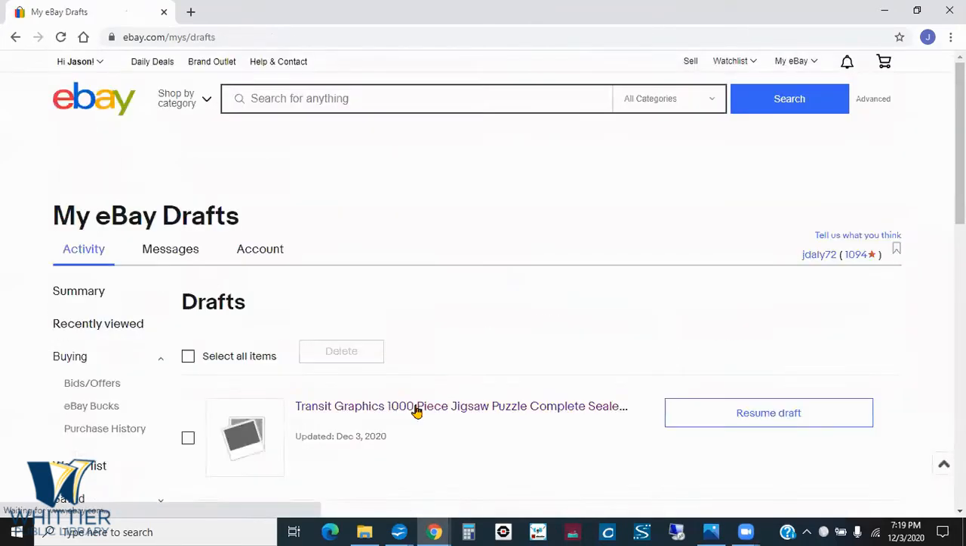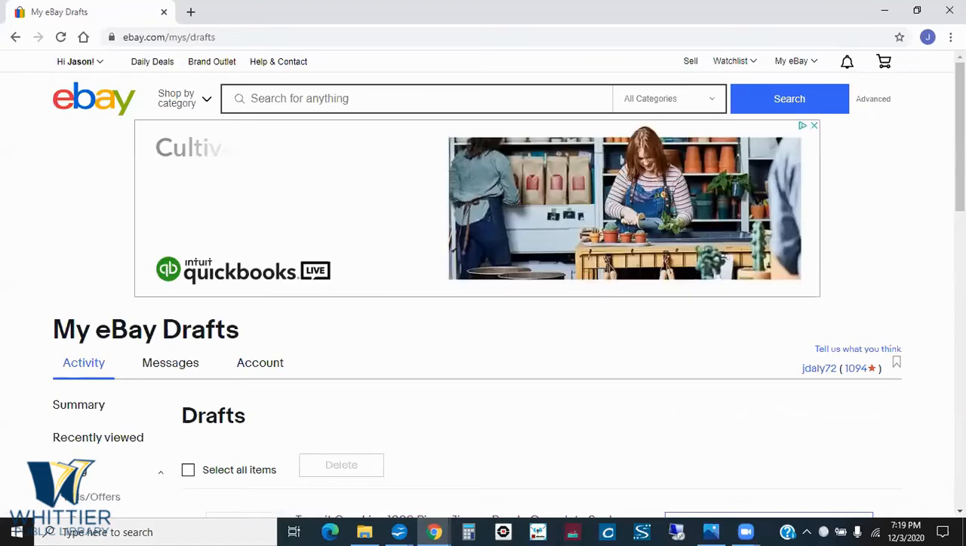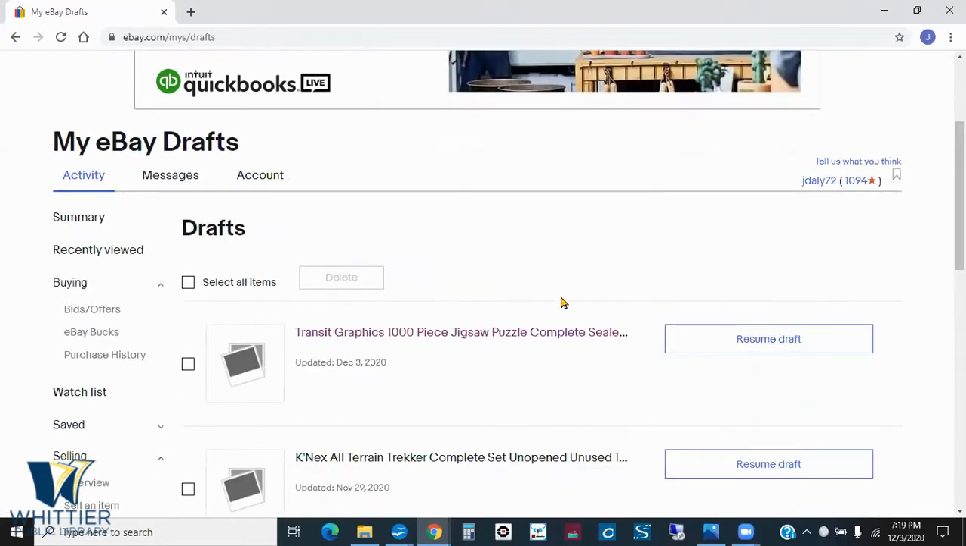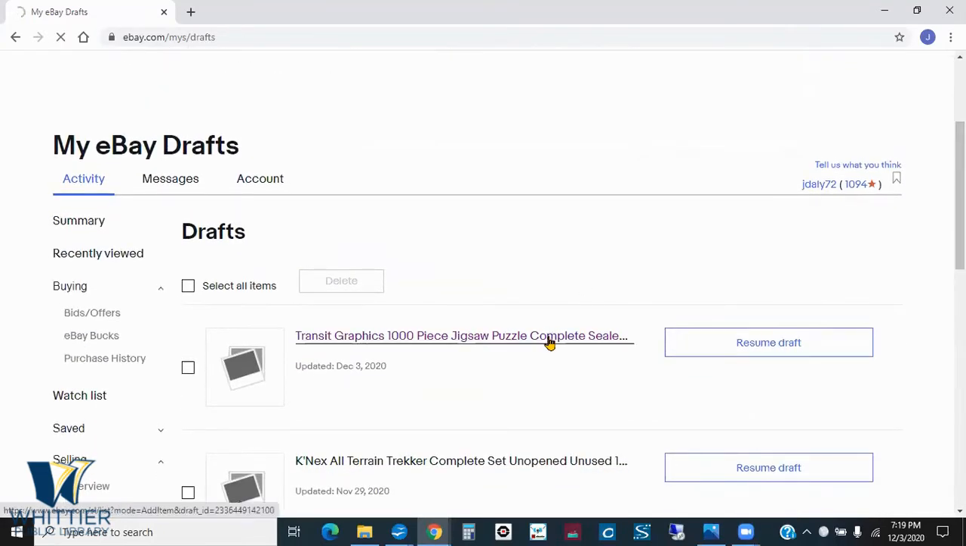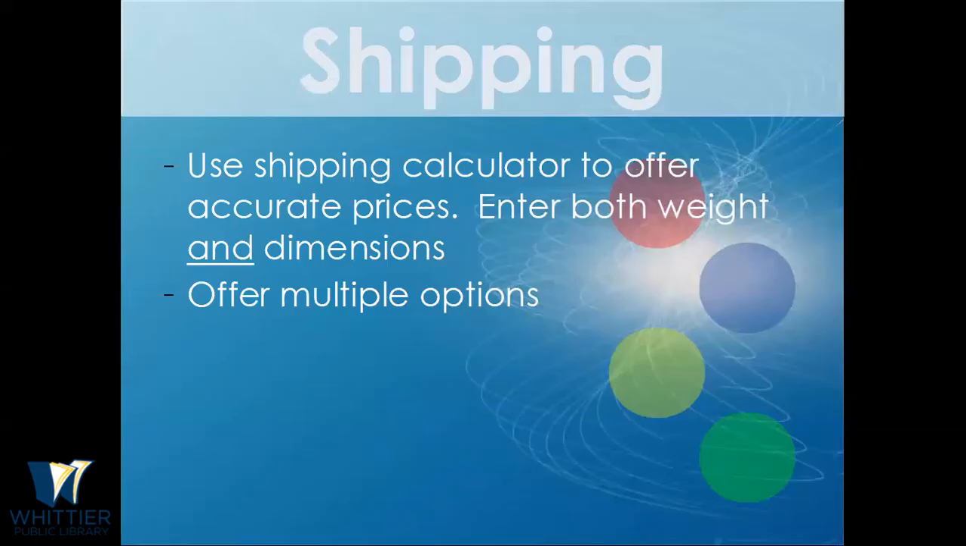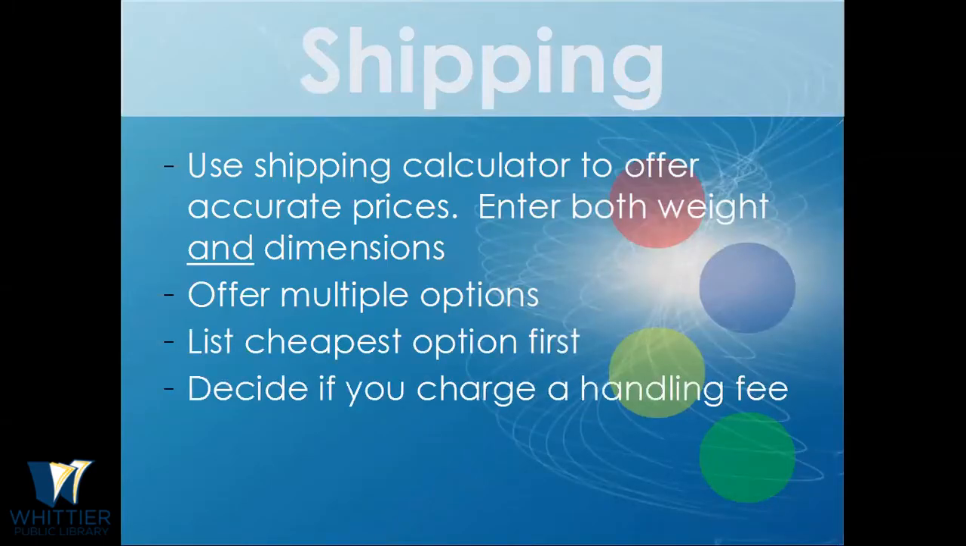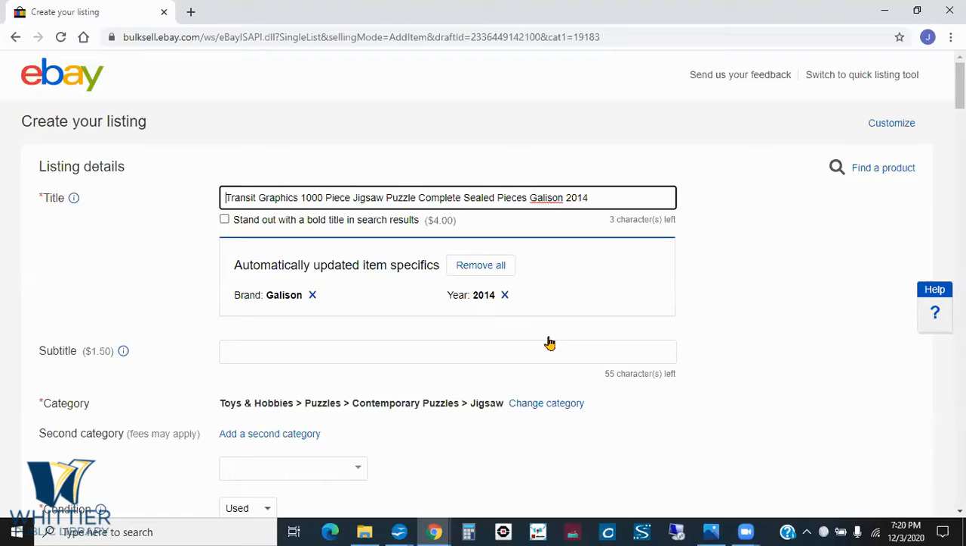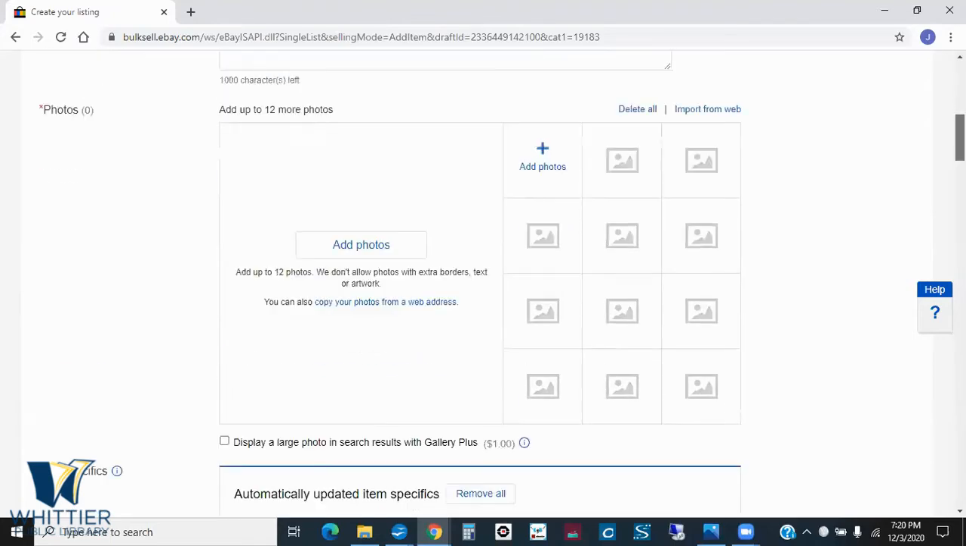I'm going to go back to my draft now. There's my draft, and it'll load up here. List your cheapest option first, as I mentioned. Decide if you charge a handling fee. For example, if you're buying boxes and you want to add a little bit, you can do that. As I scroll down here, you can see